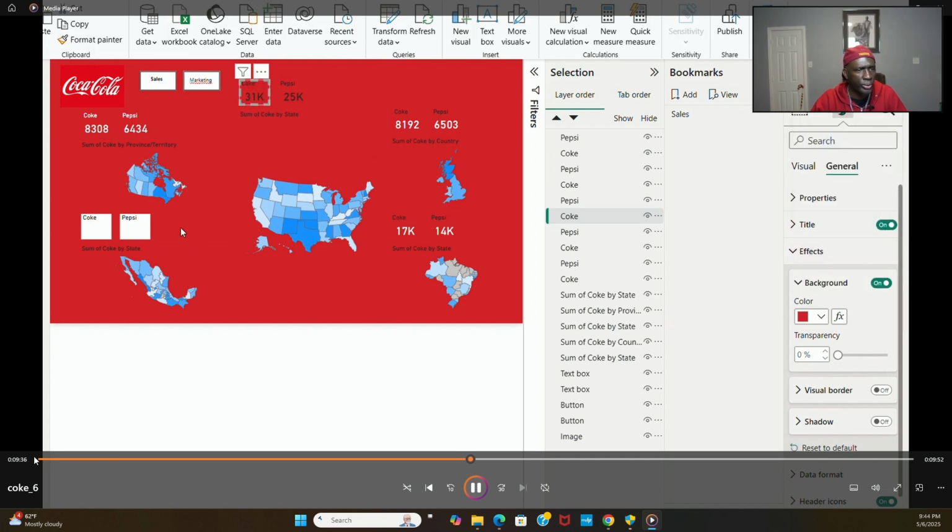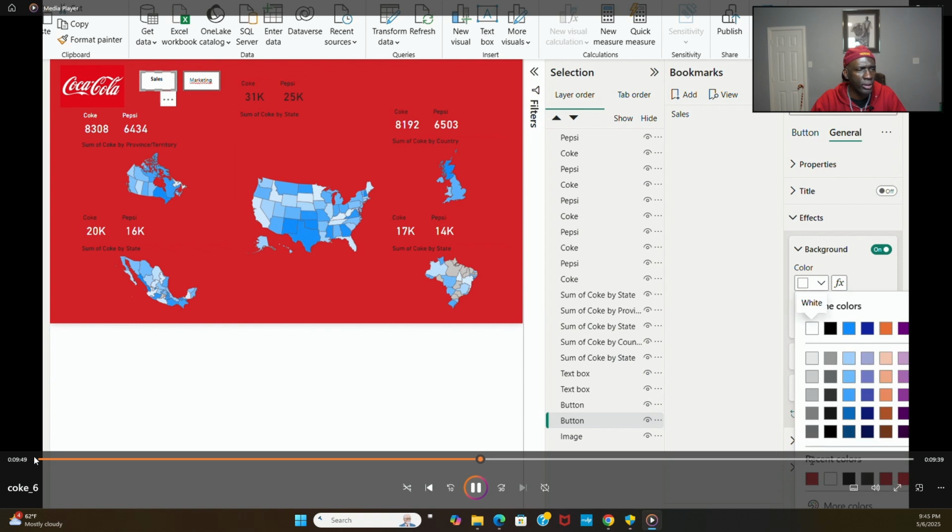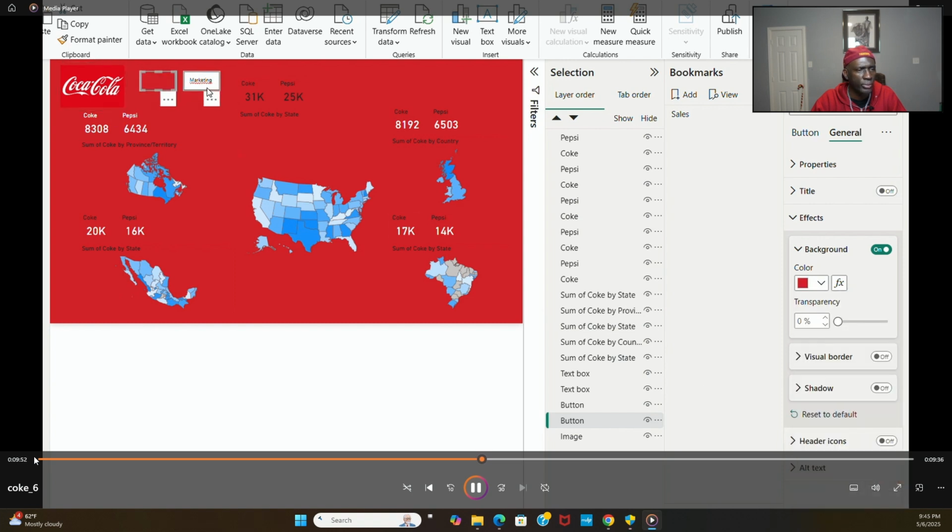So again, what we're doing is making all of the cards the red color. The text for Mexico is already white for the value. So we're going to make the card red so we can see, and then we definitely want to change the title of each one of those cards to be white, so that we can read the text as well. We are now changing the